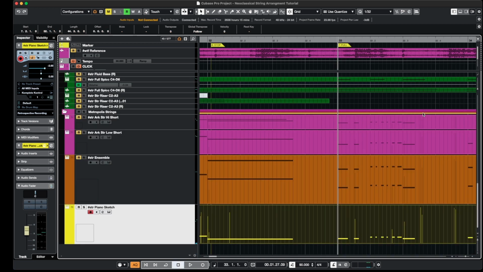Today I'm going to talk about arranging for virtual libraries, strings that are somewhat real. We want to make them sound real, but they are inside a little box, inside a hard drive. And specifically, I'm going to talk about what today people in the industry are calling neoclassical. Neoclassical is pretty much a chamber sound, kind of like classical music, not the biggest symphonic string ensemble, but the